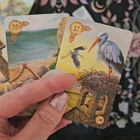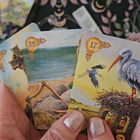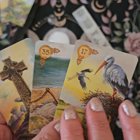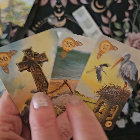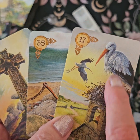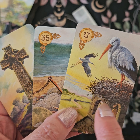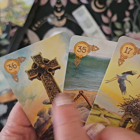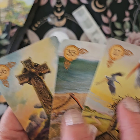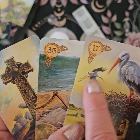The stork is a card of movement, positive movement. It's also a card of birth. So you maybe feel like applying for a new job or moving into a new situation in your job. So there is going to be some offer or some opportunities to move out of this situation this week. You may have to make it yourself. You may have to start looking for ways that you can improve your situation. It can be a physical move, but it could also be a move within a job, or maybe looking for a new position in a job where you've been way too long. Or it could be maybe moving closer to work. You may be finding where you're living is a little bit getting on your nerves, or it's a commute that's very long. So this is a card of movement that creates